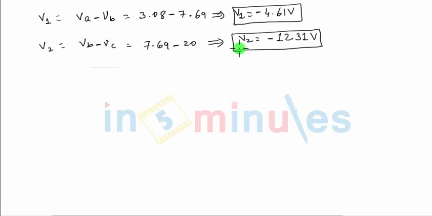One important point that we take from this particular problem is that whenever there is a voltage source between a node and the ground without any resistors in series, then we directly get the value of the node voltage, which will be the same as the value of that voltage source. The plus and minus sign you have to consider as per the polarities of the battery that is connected.